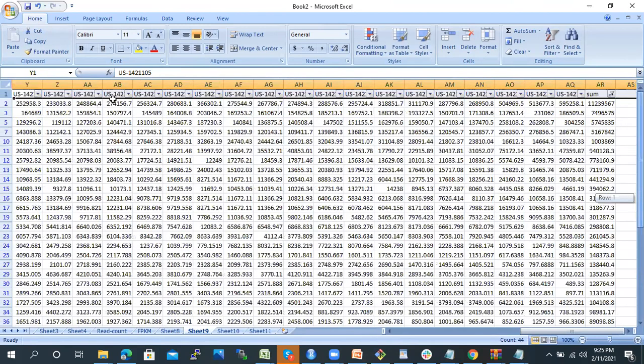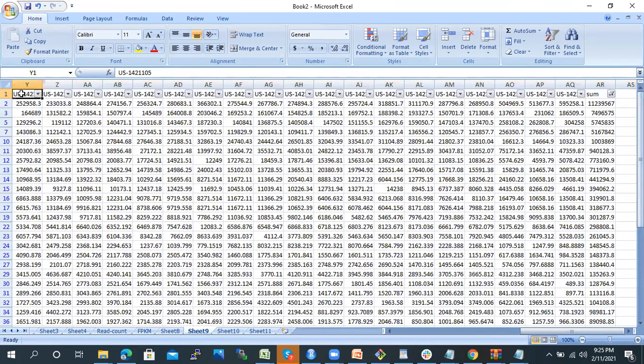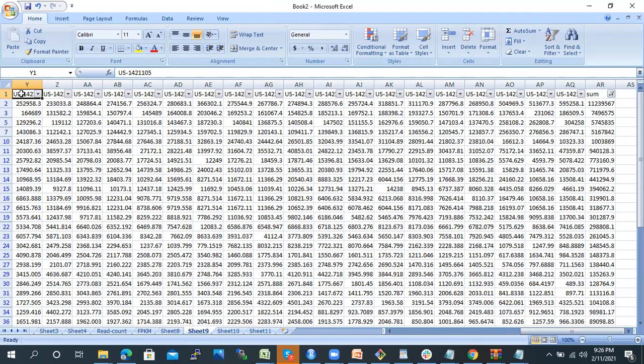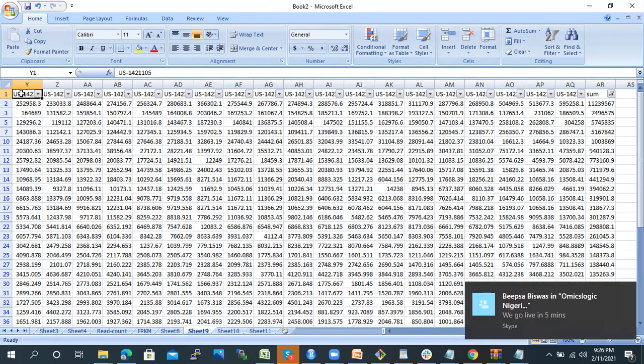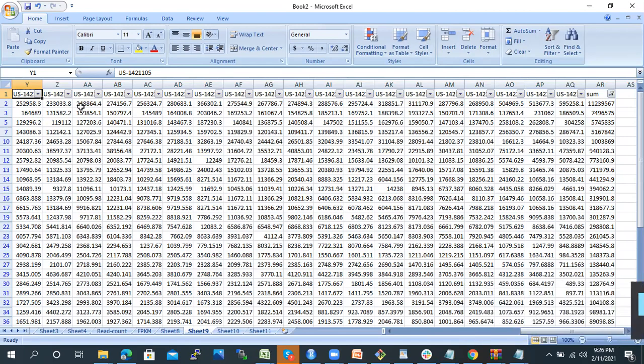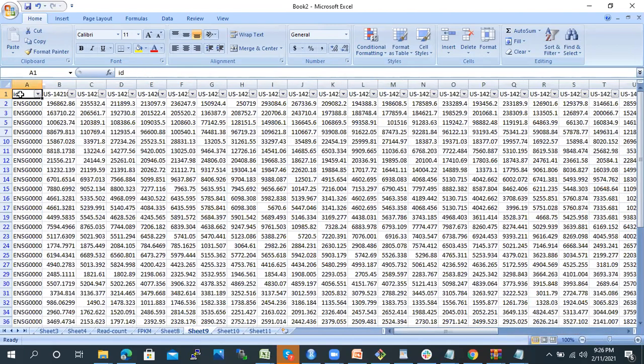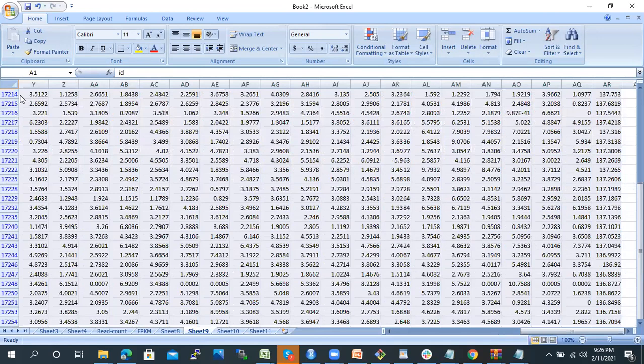Harpreet, are you working on count data or FPKM data? This is FPKM data. We can use count data directly to perform DESeq. Right now I want to understand what different patterns are in this data, because I don't have any idea, I just checked this data 5 minutes before the session. So I was interested to know what kind of patterns it might represent.